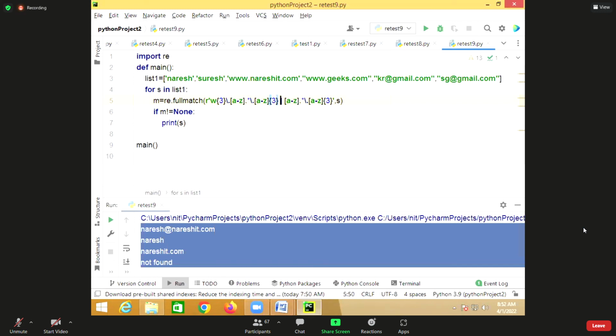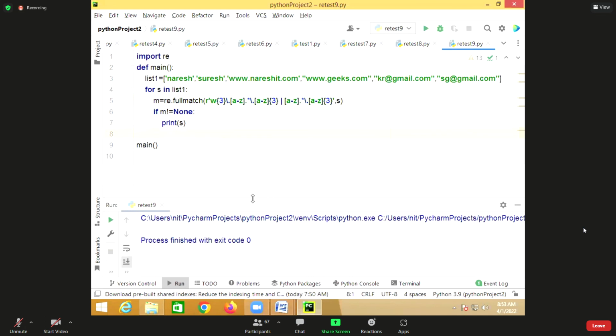Email IDs. Or search for A to Z followed by dot. This is email IDs, right? Dot A to Z dot, how many repetitions here? Zero or more. Then followed by dot, and these are the characters. So I think it will find this at-the-rate symbol also. Okay.